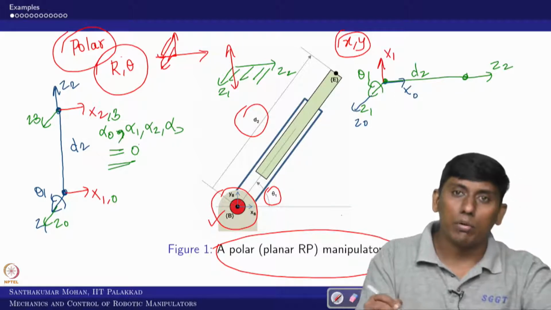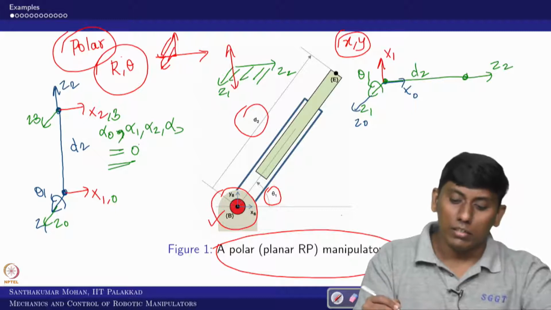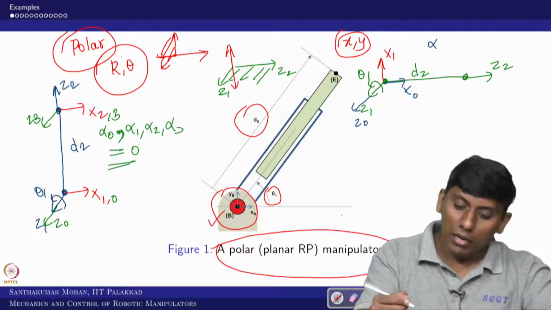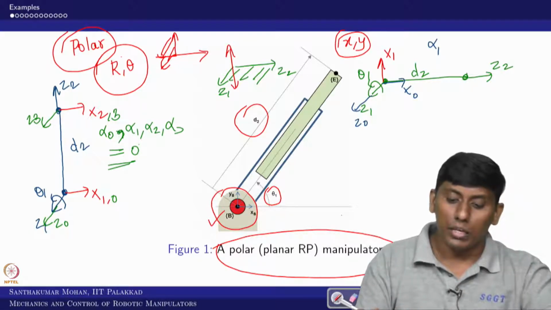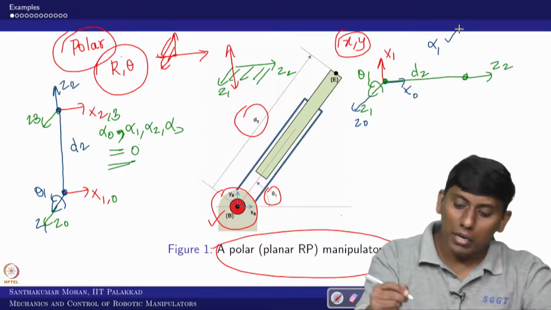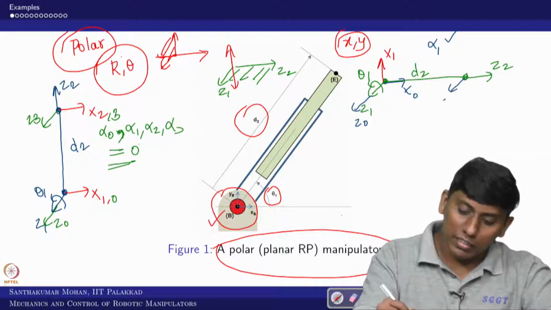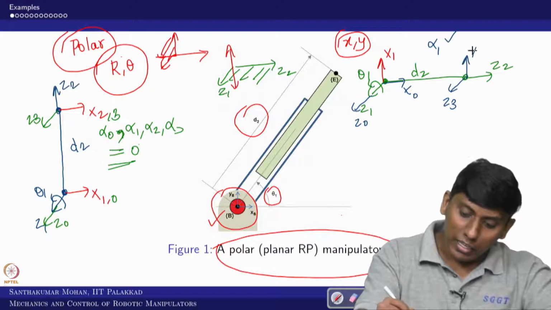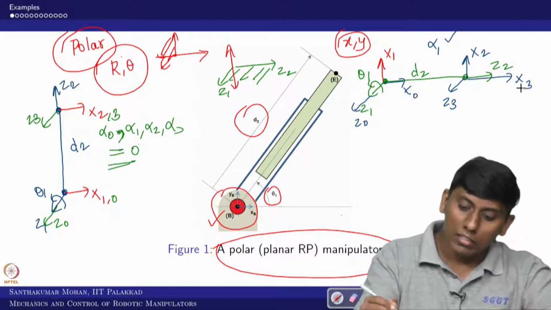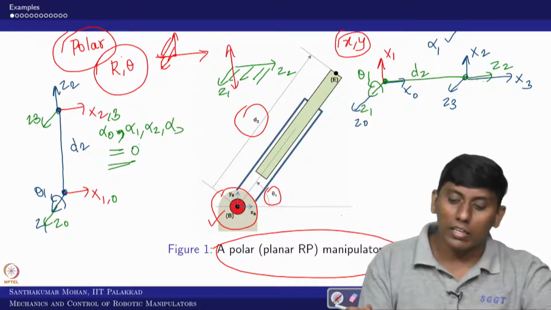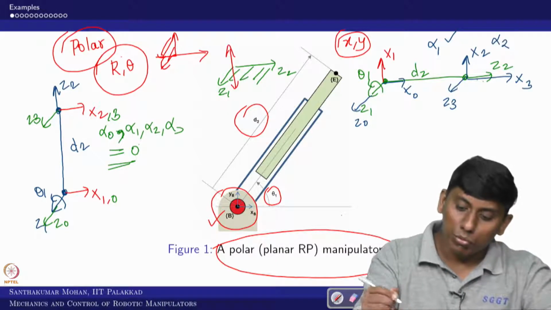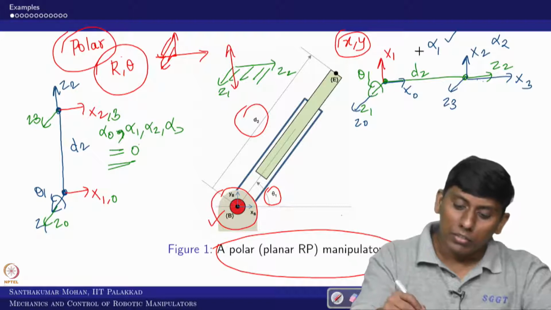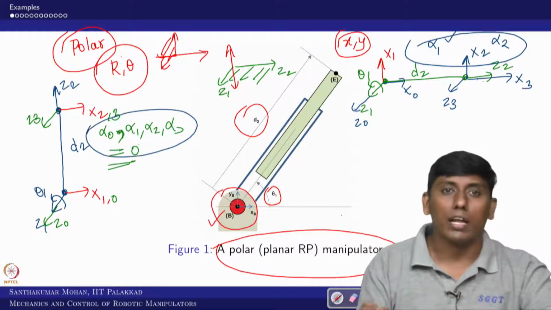Now from x0 to x1 there is a rotation, and from z0 to z1 there is no rotation, but from z1 to z2 there is a rotation, in the sense alpha 1 exists. Okay. So there is an alpha 1, and you can take z3 parallel to z0. Then you can take x2 like this and x3 like this. Again, from z2 to z3 there is another rotation, in the sense alpha 2. So alpha 1 and alpha 2 come into the picture, right, which are non-zero, where in this case these are all 0.